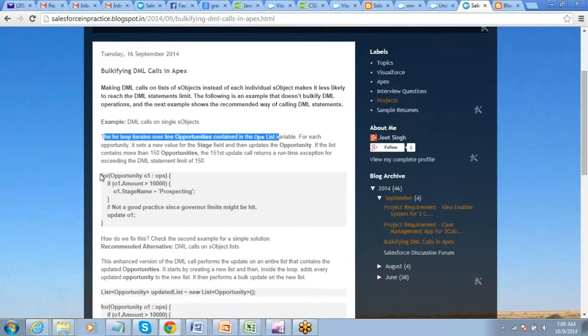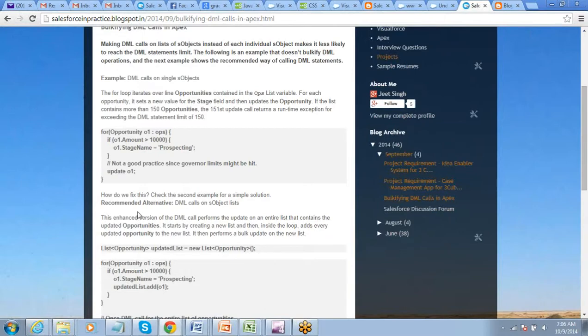Okay, so if I do this for opportunity, update this, then what will happen? It's not a good practice, since governor limit might be hit. So if it contains 150 opportunities, till 150 it will run fine, but for the record next to that, the 151st record, that will run into a runtime exception, because you have hit the governor limit. So 150 will be updated, others will not get updated. So that is the thing.